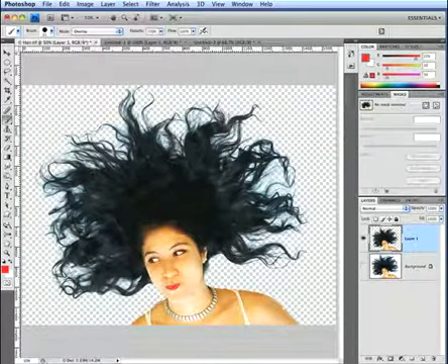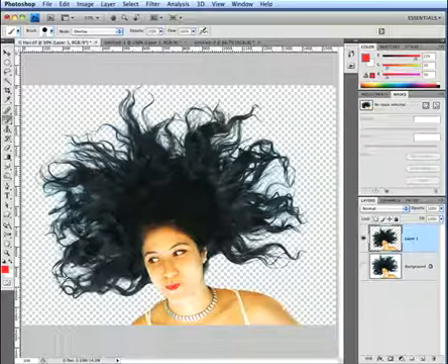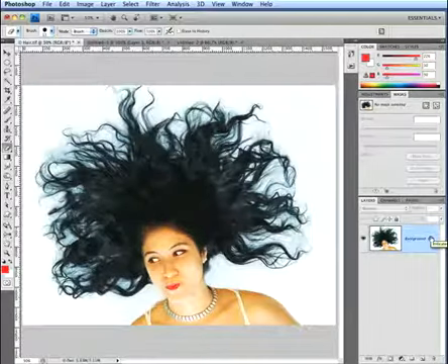I can put a background behind this now, ignore the bad bits over here. But the problem is this: if I made any mistakes or I want to change this at any point, I've got no room to maneuver at all, literally, because I've cut these pixels out and put them on another layer. The only thing I can do is delete them now. That's all I can do. I could get an eraser and start to remove the pixels manually like that. A far better approach, a far better way of using a channel, I'll just delete that, is to create a